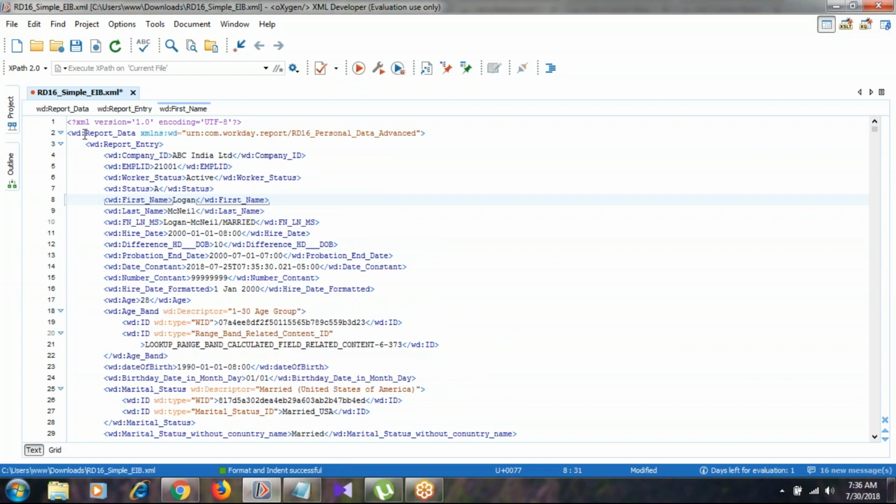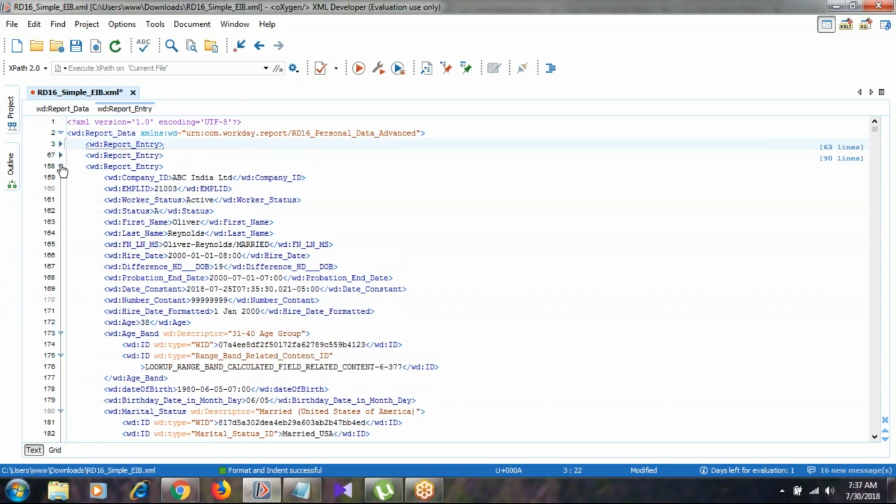You can see our data is stored in report entry: company ID, employee ID, worker status, first name, last name, marital status, hire date. Each report entry contains one employee's data.